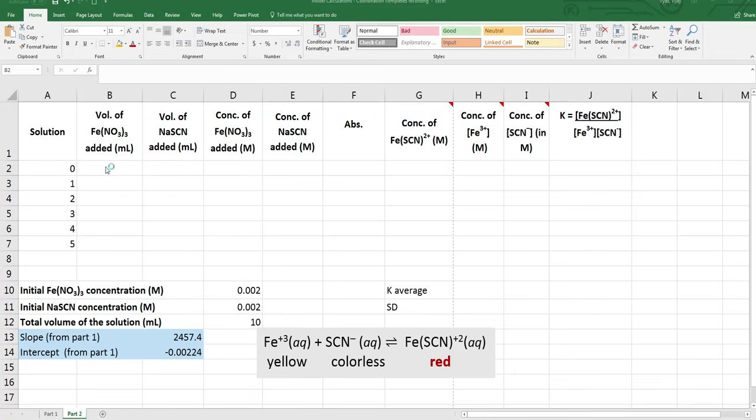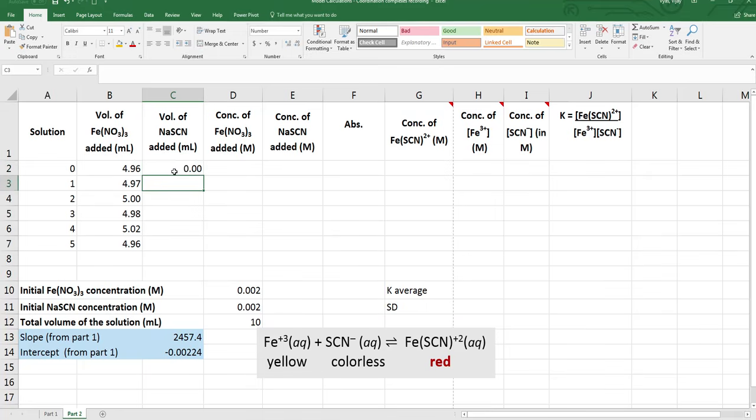So let's put the volume of iron nitrate solution that you will be using, which is around 5 ml each time. 4.96, let's say 4.97, 5, 4.98, 5.02, and 4.96. All right. And like last time, we will use the increments of 1, and the first is a blank